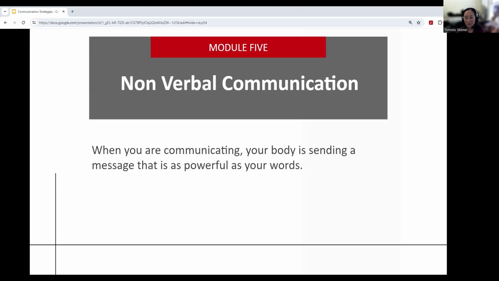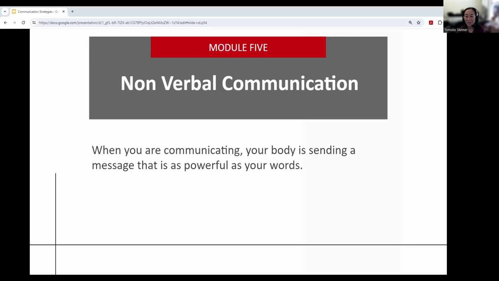Think about these scenarios for a moment. What nonverbal messages might you receive in each scenario? How might these nonverbal messages affect the verbal message? Okay, so this is the scenario. Your boss asks you to come into his office to discuss a new project. He looks stern and his arms are crossed. Or a team member tells you they have bad news, but they're smiling as they say it. And another one would be you tell a coworker that you cannot help them with a project. They say that it's okay, but they slam your office door on their way out.